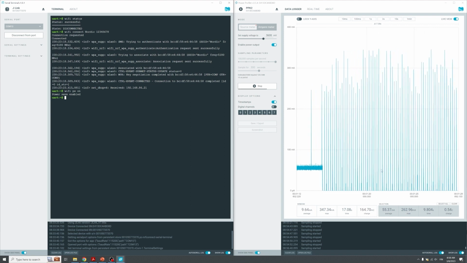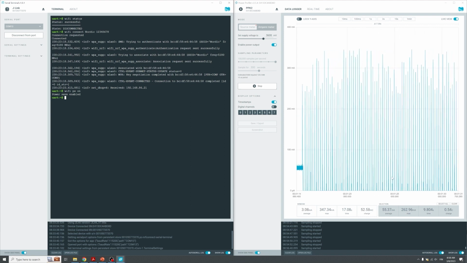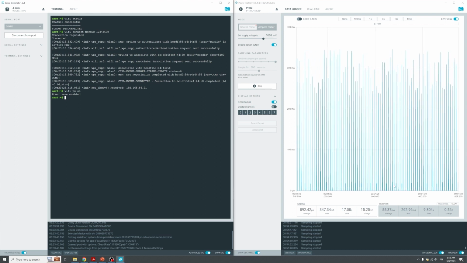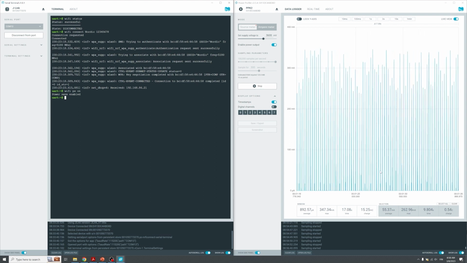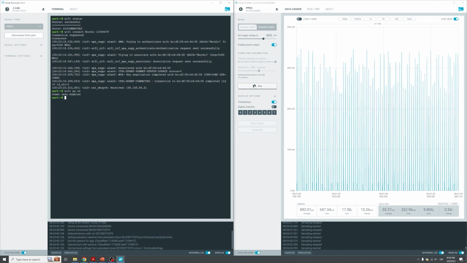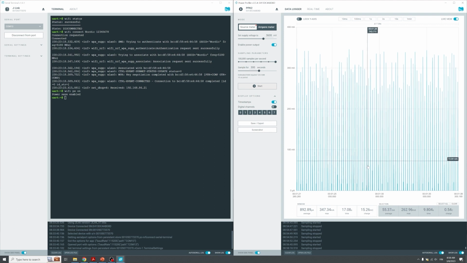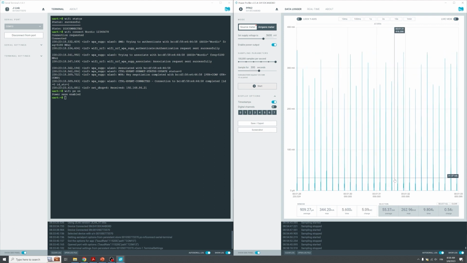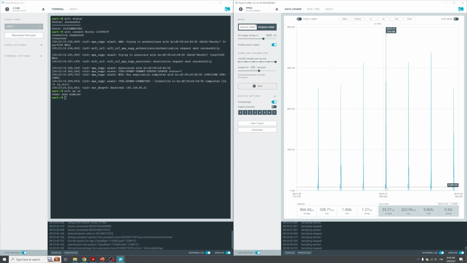So the station and the access points seem to be interacting with each other at some regular intervals, and in between, the Wi-Fi can go into a low power mode. So let me stop sampling for a little while, and let's zoom in, and we can measure this DTIM period. If I just hold shift and scroll across, it's about 200 milliseconds, and in between those DTIM, we have